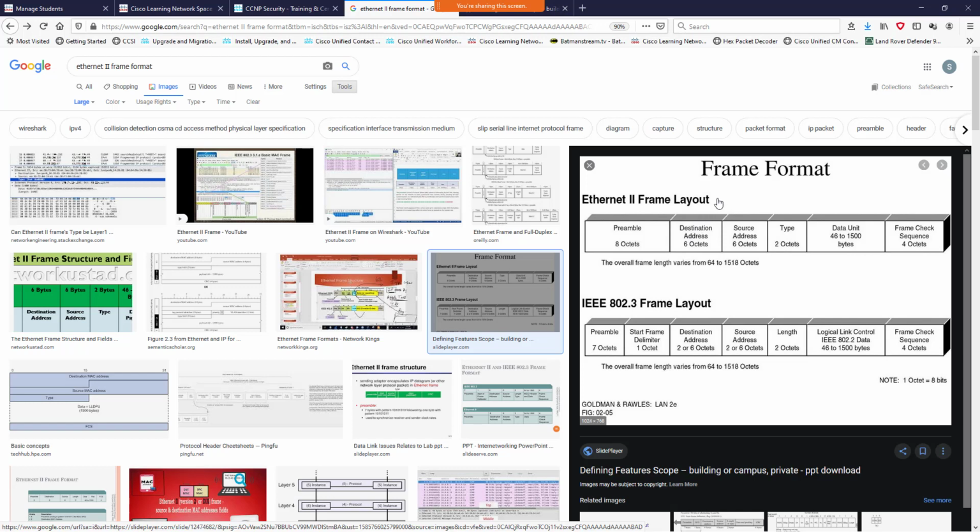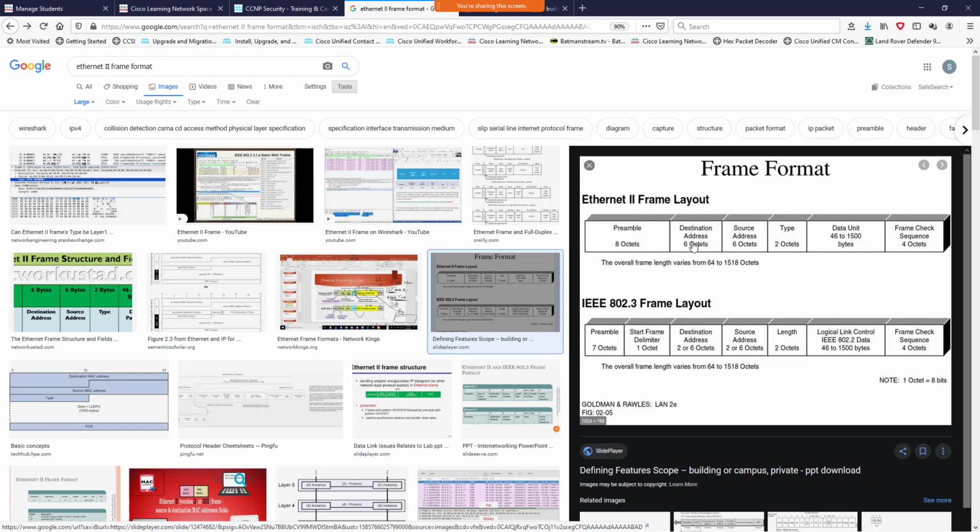Switches make their forwarding decision based on that MAC address. They build the database based on the source MAC address, but they make their forwarding decision based on the destination address. So technically, all the switch needs to see is the first 6 bytes of a frame to make a